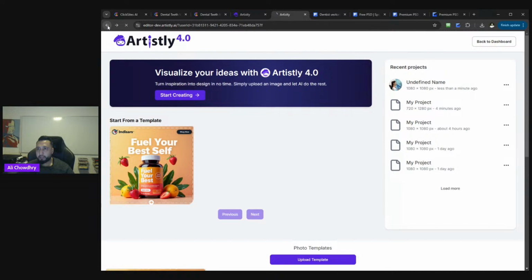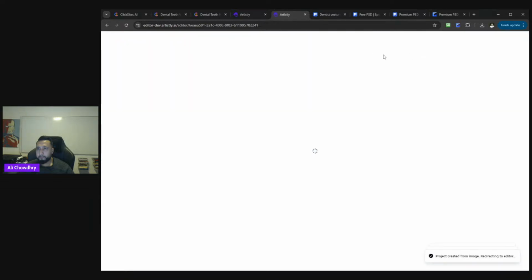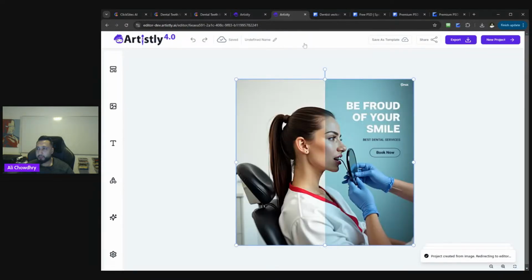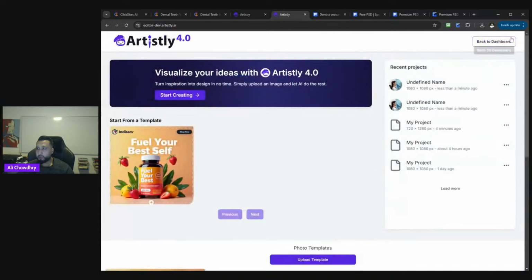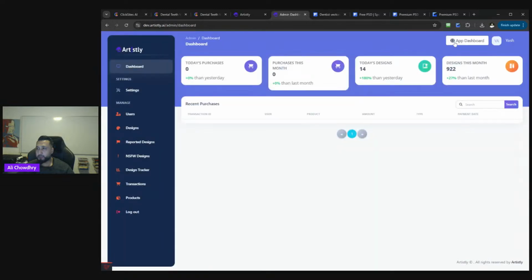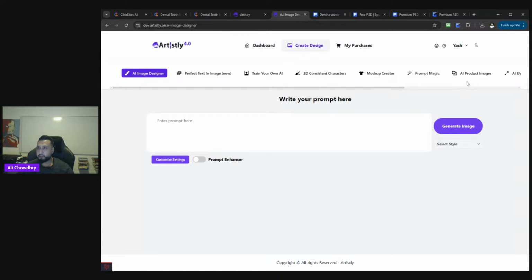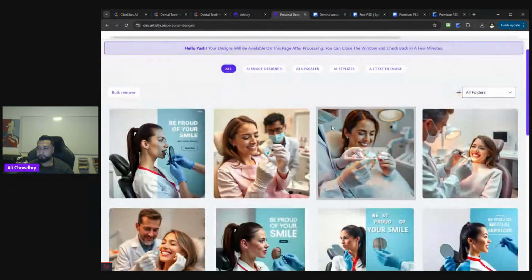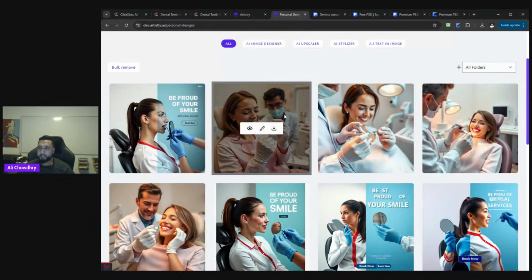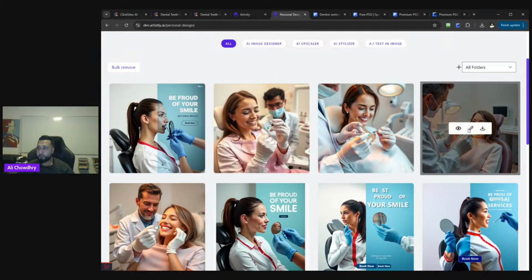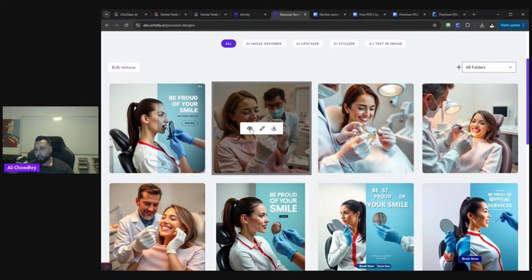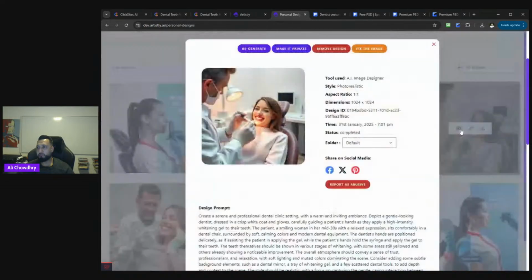Okay. So if we go back, let's have a look. Oh, let's go. I want to show you some more examples in that side. Okay, so coming back, what we want to do, personal designs, this is the key one. Remember, we have these designs here. We have some fantastic ones. This one looks perfect, okay? And I guess what we could do, if I come to this one, because I really like this one,